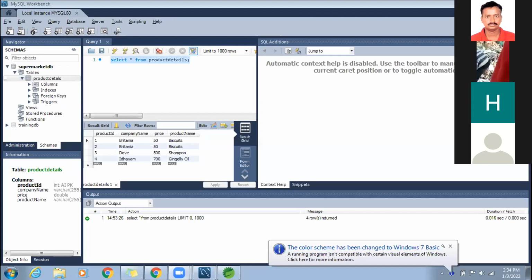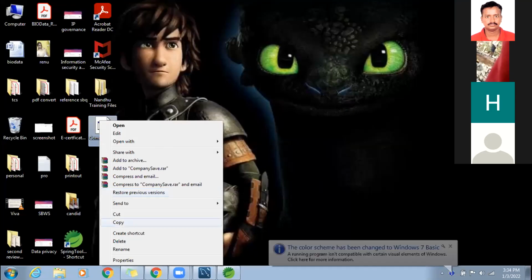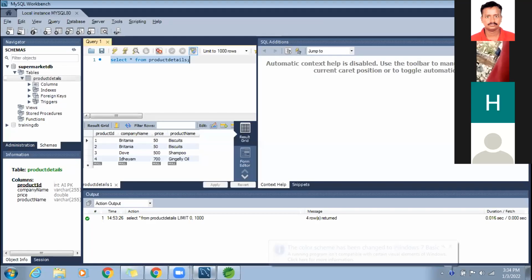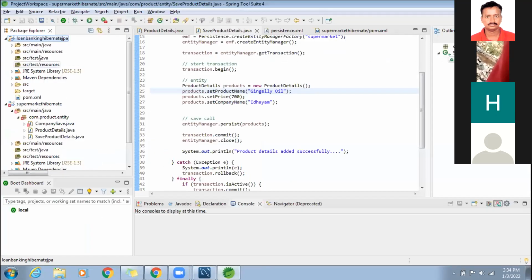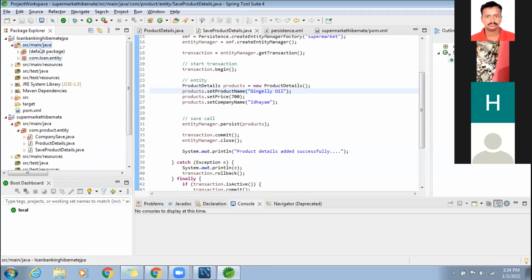Sir, are you able to see? Yeah, I am able to see. Java, src main java. Expand, okay, in that just copy, we'll see what is happening. Is it going to default? Yeah, let it expand.